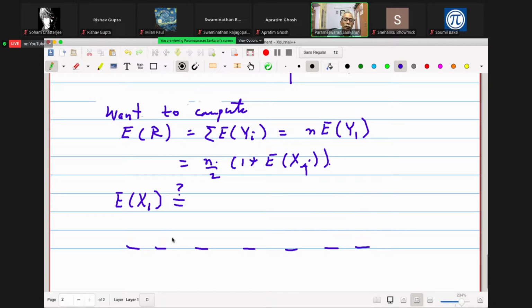Suppose that it is moved back and forth r times, and you keep count of at which times this was moved, and that is exactly how many